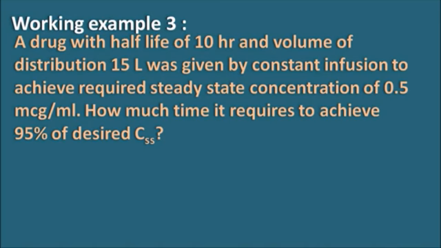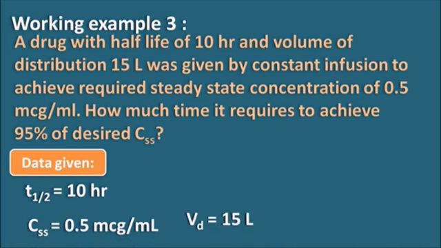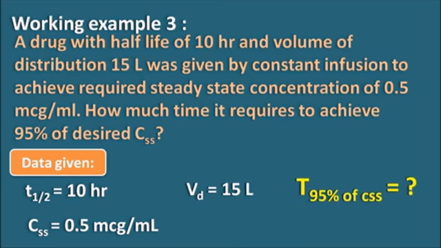So data given is T half 10 hours, CSS is 0.5 microgram per ml, Vd equals 15 liters. We have to identify the T 95% of the CSS, that means the time required to reach 95% of the CSS. So let's see the solution of this example. When the drug is given by IV infusion,